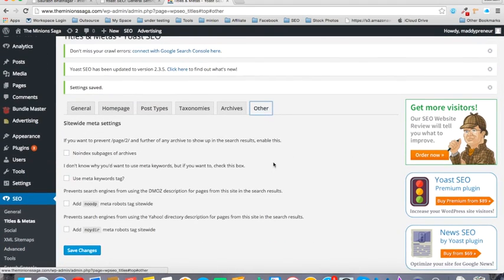and in the other portion you will click on no index sub pages of archives. For example, you have a particular page of your website which is saurabhbhatnagar.com/SEO, and then you have /1, /2, /3. You won't want each and every page to be indexed, but only the title page, so it will prevent the other pages. And